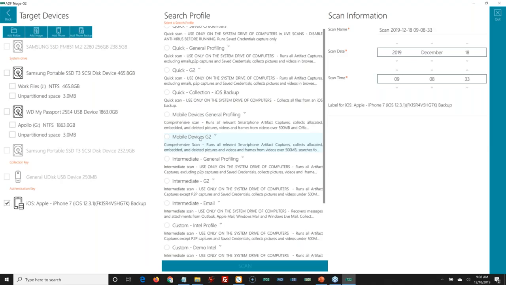If I do a comprehensive scan, maybe it's another 20, 30 minutes. All right, so there's 50 minutes. The backup we can't get around, that has to be done. So it took 20 minutes to back up the phone. I can pull out that communication data in 16 seconds and put that in a standalone viewer to hand off to somebody else to start going through it in another 30 seconds. So 20 minutes to back it up, less than a minute to extract the communication information, put it into a standalone viewer and have it in somebody else's hands. And then, because I have the backup, I can go back and do that comprehensive scan at any time.